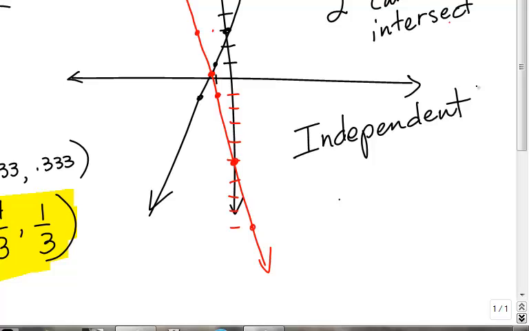If there's a solution, and the solution is that ordered pair, then they are called consistent. Consistent means there is a solution. Independent means there's two separate lines. Consistent means there is a solution. Okay? Everybody good on number 1? We did it without a calculator, with a calculator. Now we're going to do it by